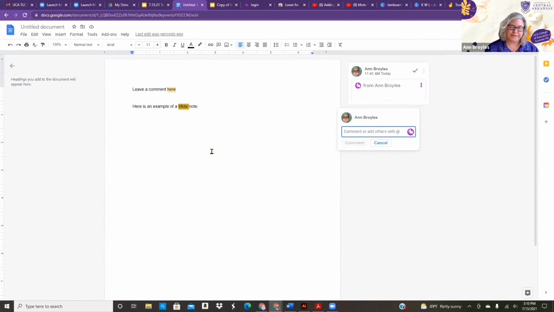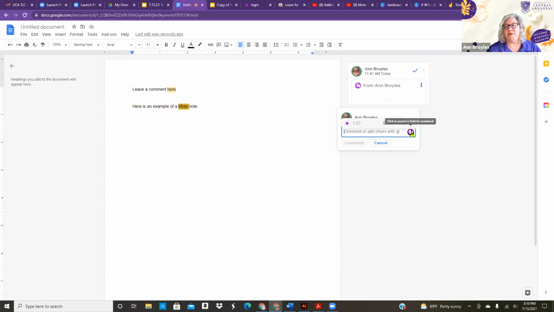So if I have a student who is working on an assignment in a Google Doc, then I can highlight what they've done and do insert comment, which you can also do here. Then click on Mote, and it automatically starts recording. So the one thing to remember is as soon as you click that, it starts recording. If you don't want to keep that recording, you can cancel and it wipes it out. But if you want to keep it, then